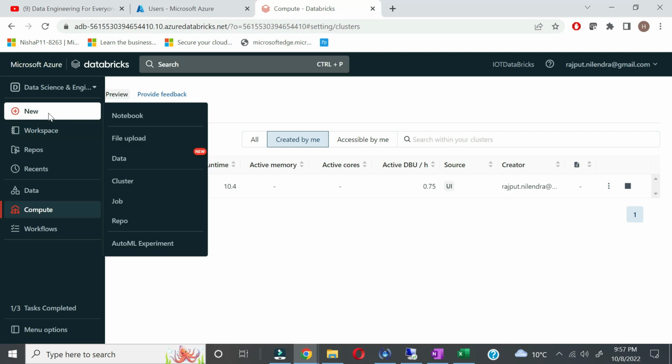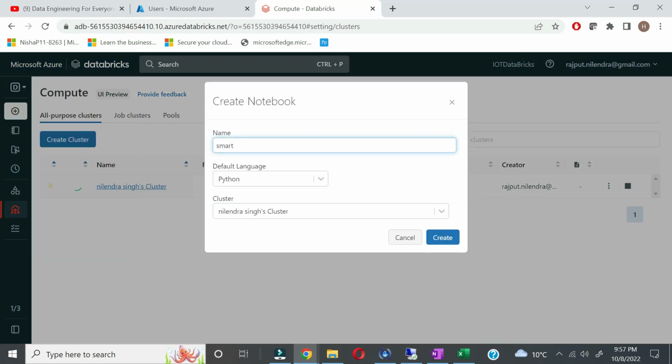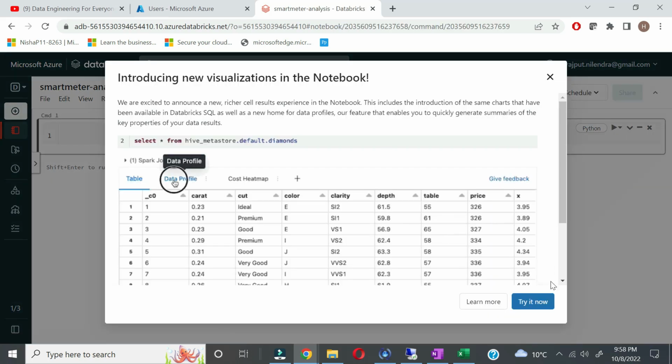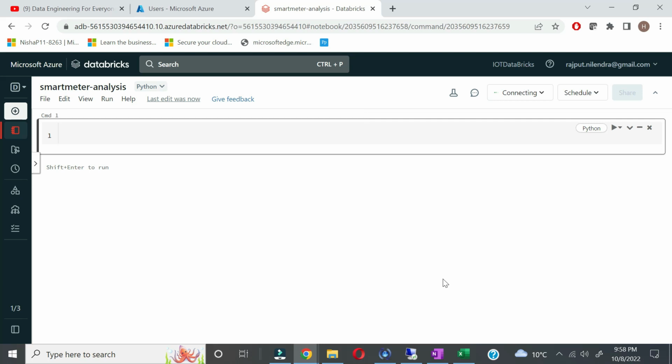a new notebook. Let's say we call it smart meter analysis, right? Let's say the default language is Python. We're gonna be using this cluster once it is up, and we will be creating a notebook. Fantastic. Yeah, we will be using this visualization as well. Now, in this notebook, what we need to do is read the data from the storage account,